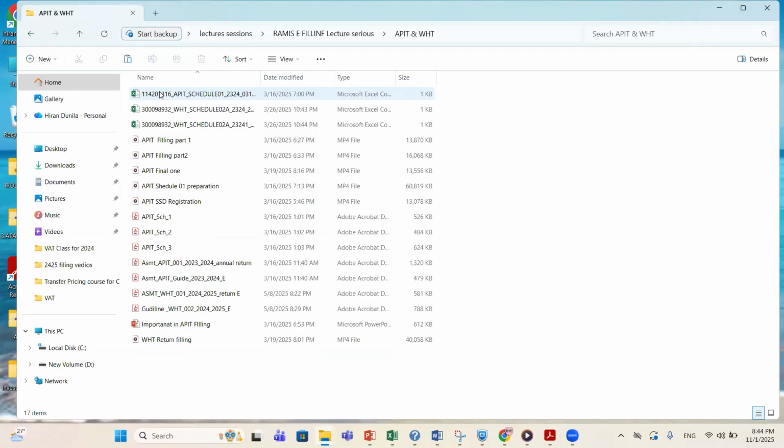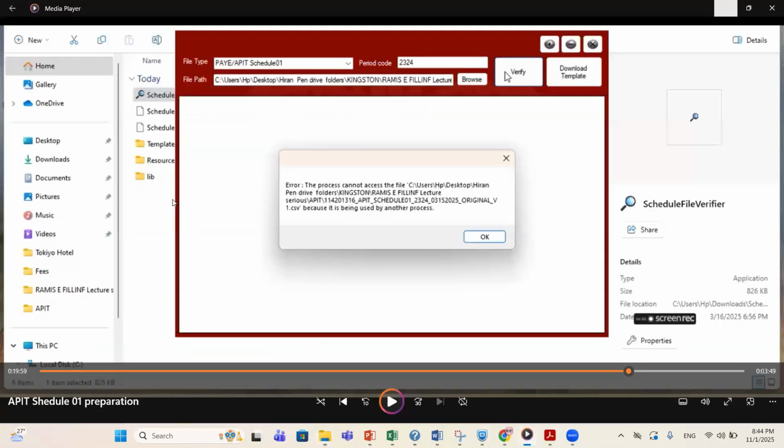Okay, we'll start with this advanced personal income tax return filing, right? APIT filing.